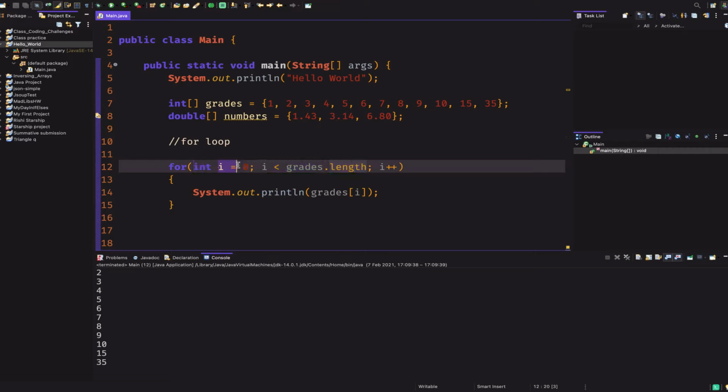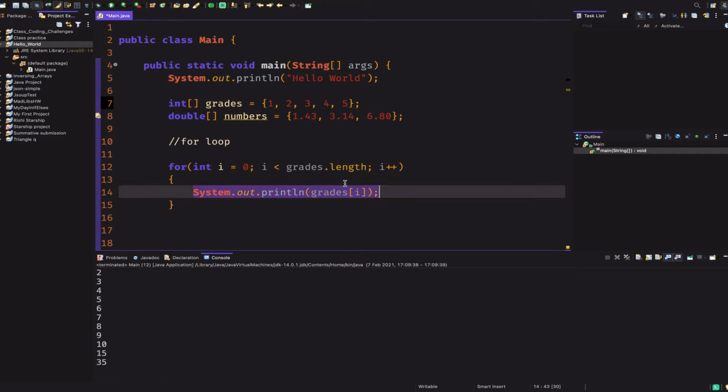It creates an integer i, and says, as long as i is less than the length of the array grades, so here let's shorten that down for the sake of simplicity, back to 5, as long as i is less than 5, print out from the array grades index value i.